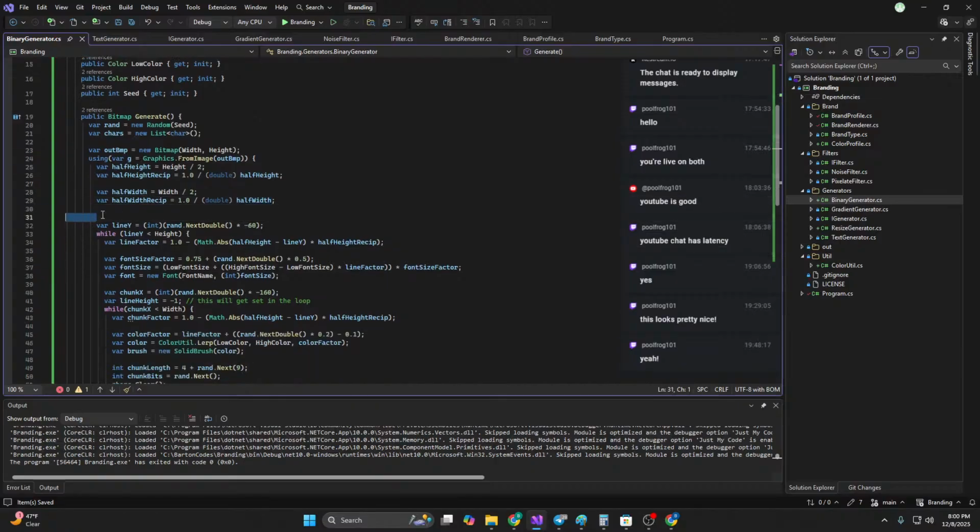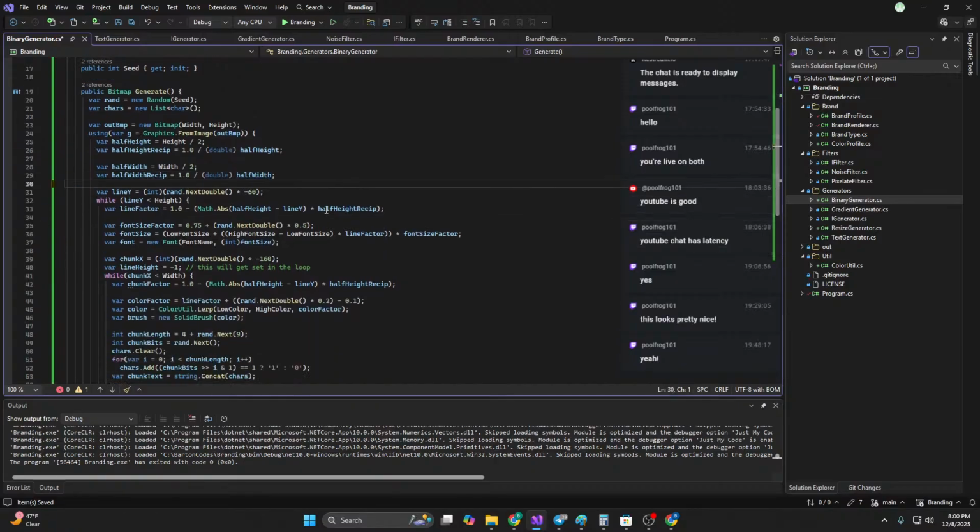So we got half width stuff going on. All right, so here we're gonna do half width minus the chunk X times the